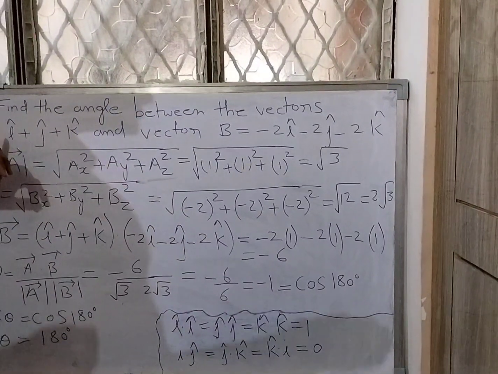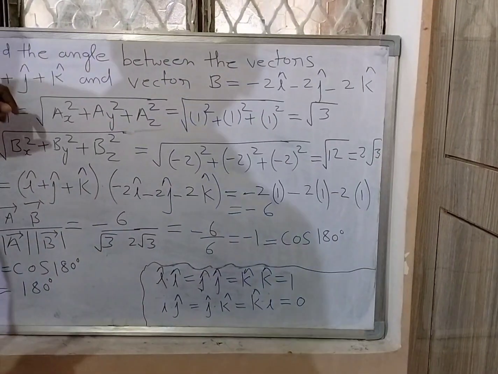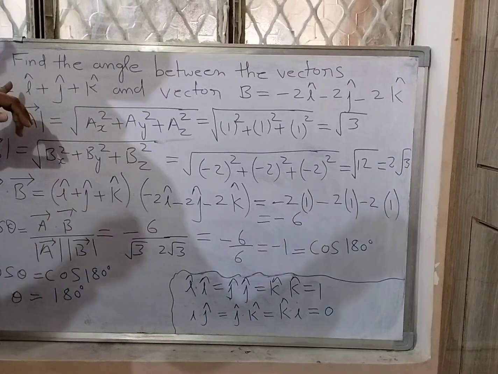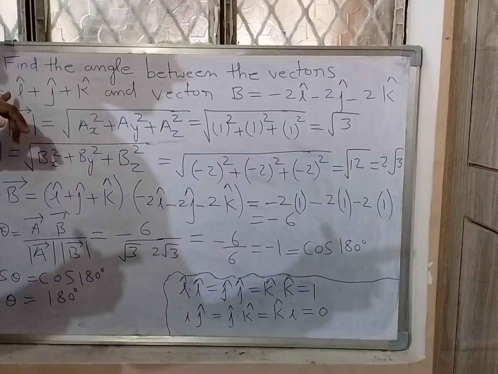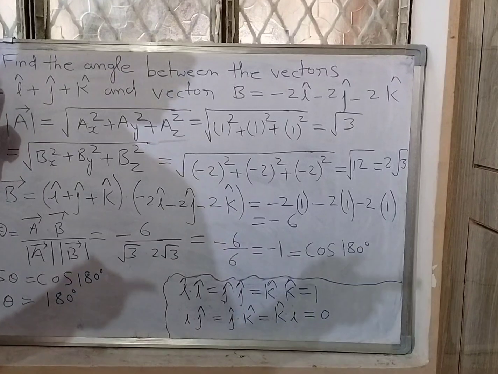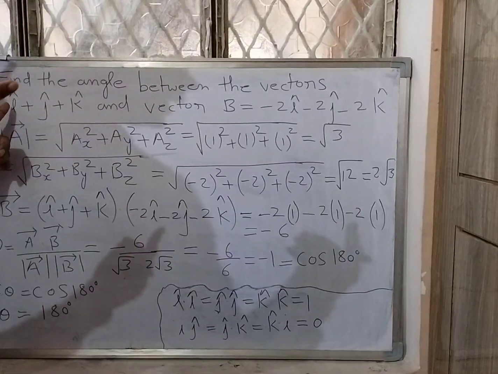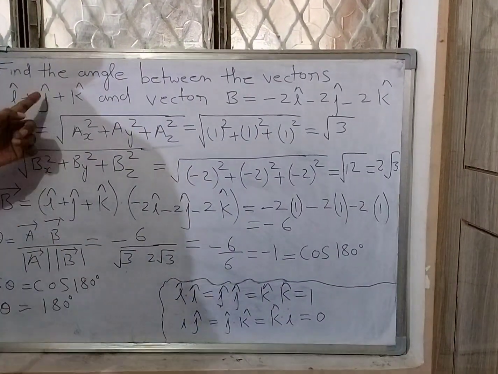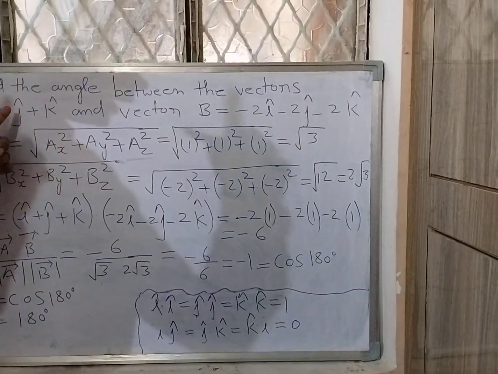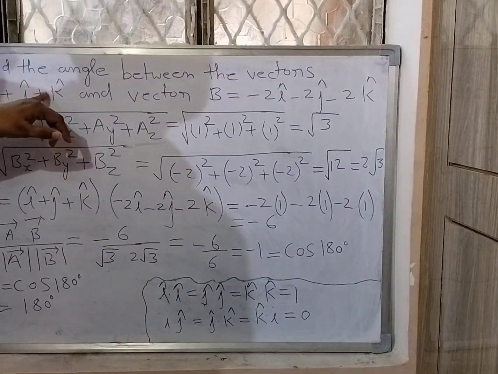So we know that i cap is a unit vector, and the unit vector value is 1 and it provides the direction. So this i cap will provide the direction of the vector on the x-axis and its value is 1. If nothing is written behind i, it means 1 is there. So its value is 1 and its direction is on the x-axis. Now j cap, its value is also 1 and j cap means direction on the y-axis, and k cap means direction on the z-axis and its value is 1.